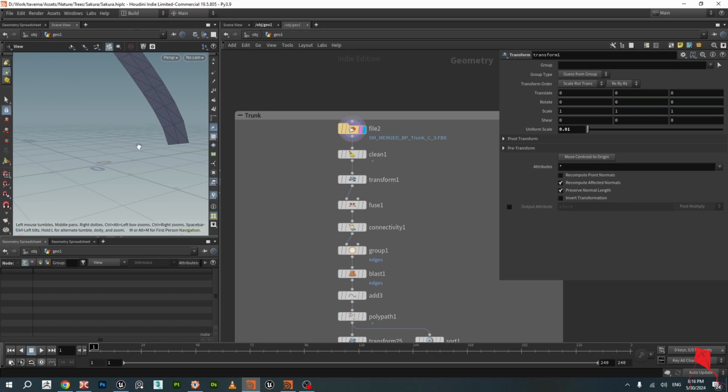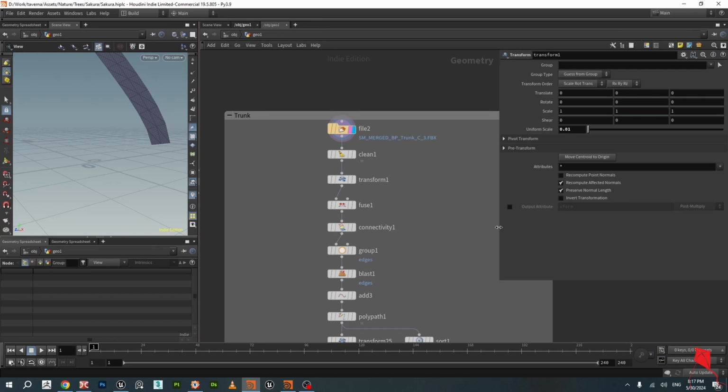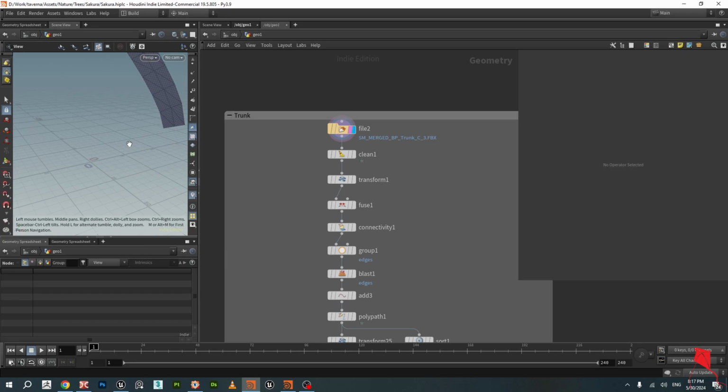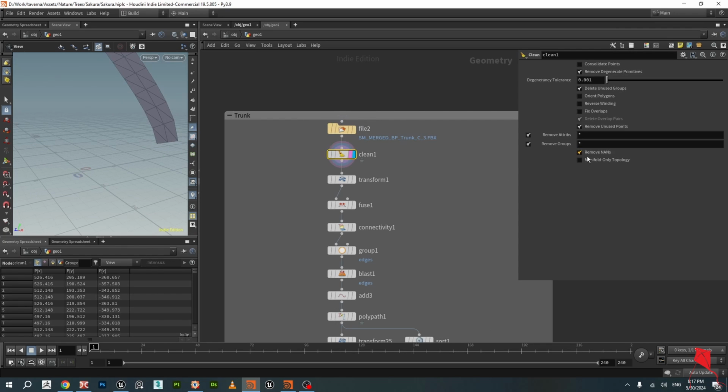This is because there is a discrepancy between units in Unreal Engine and Houdini. Unreal Engine does everything in centimeters, and Houdini does everything in meters. So when something is 500 units in Unreal Engine, which is 5 meters, 500 centimeters, Houdini reads it as 500 meters. So what we need to do next is, well, first use a clean node to remove all the groups and